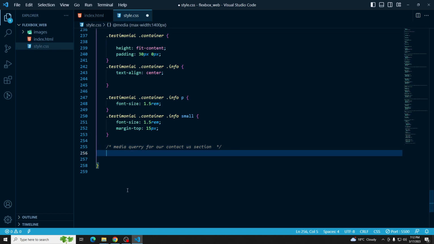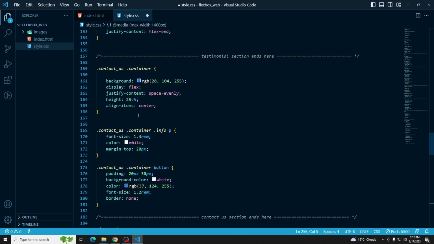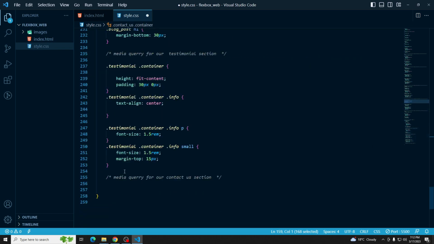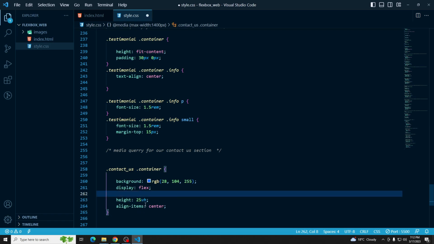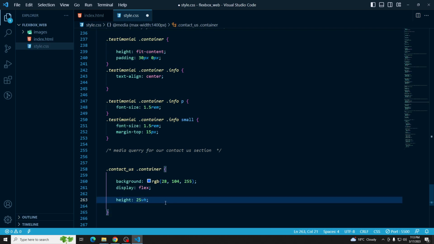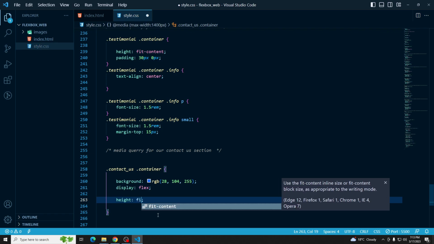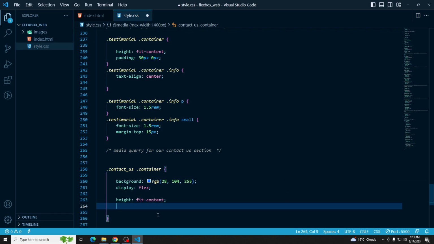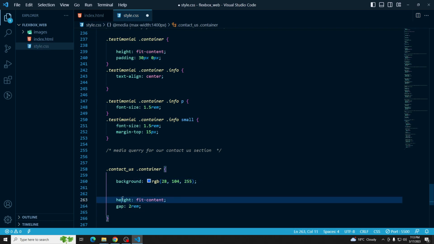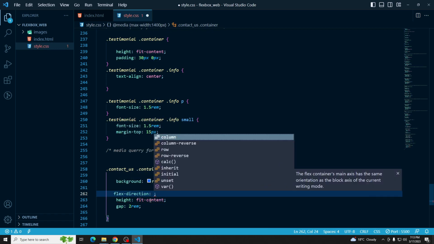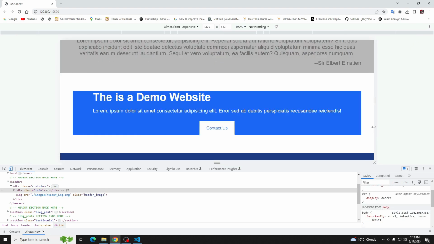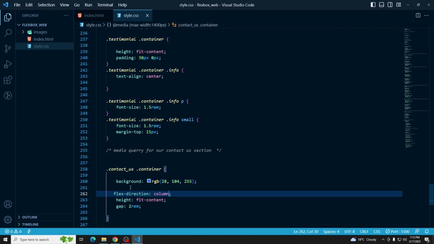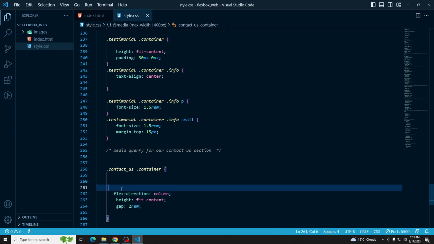Control slash, and now let me copy this one, contact_container. Display is again going to be flex. I'm not going to use all these settings. Height is going to be fit content, and the gap between them is going to be, let's say, 2 em. Display is already flex. Flex direction is going to be column. Now let's see if this is working, and we are again going to provide our text align center,